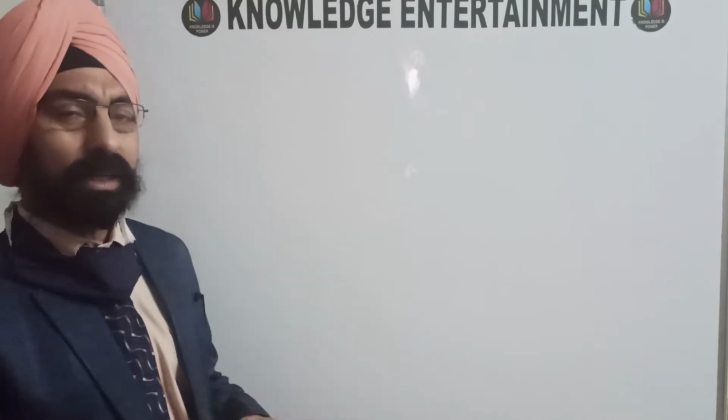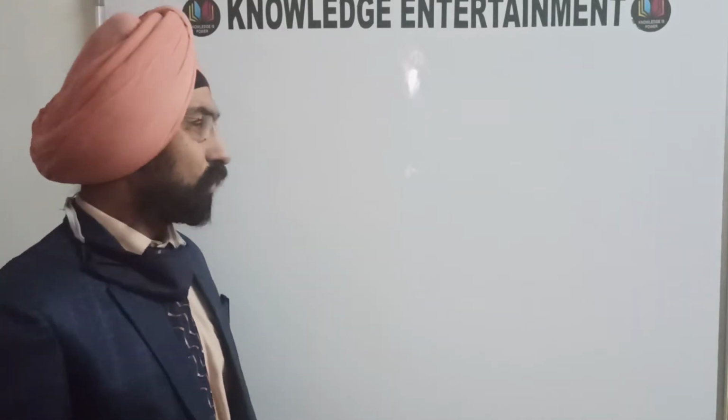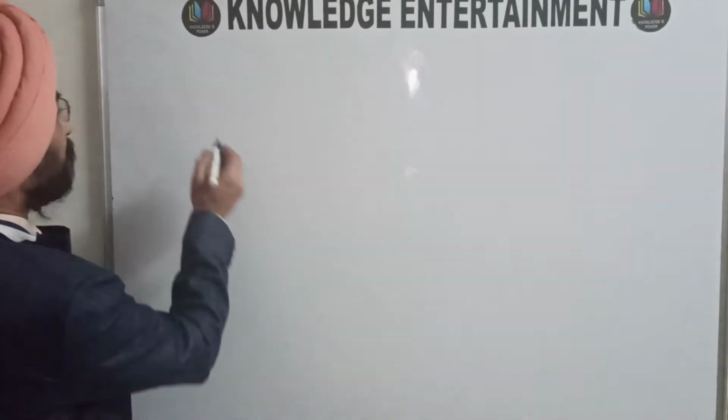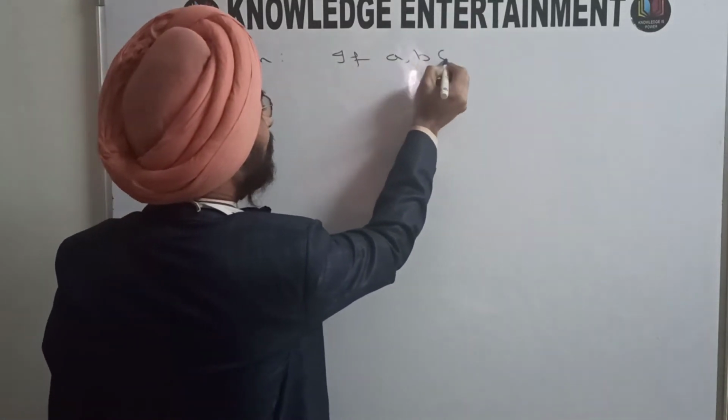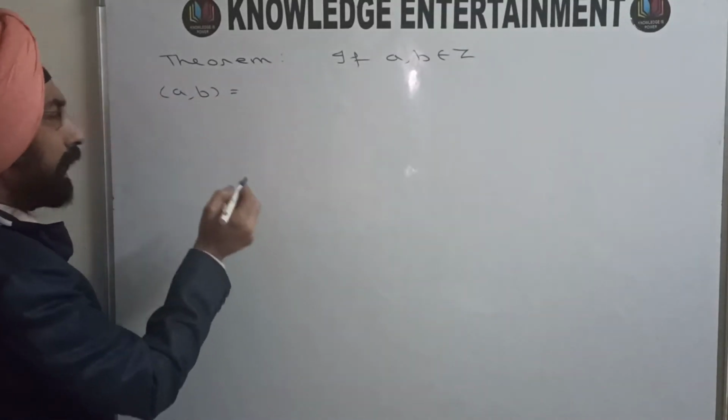So with this theorem, I'll move on to the next one. The next one has several parts. So you can just see this theorem before moving on to the proof. The theorem is that if A and B are any two integers, then the greatest common divisor of A and B is the same as